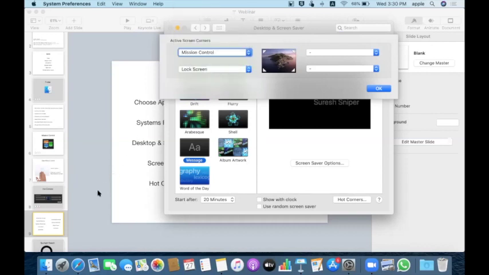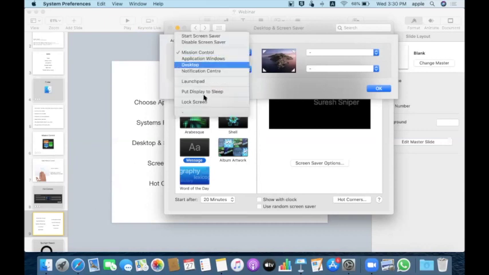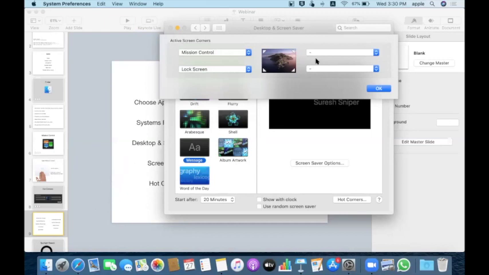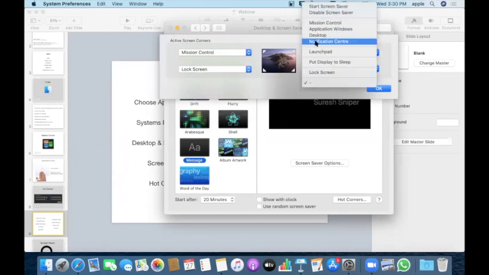If you move the pointer to the particular corner you set, your screen gets locked completely. When you try to activate it, it will ask for your passcode. You can choose whatever settings you want based on your requirement and usage. You can even configure all 4 corners.